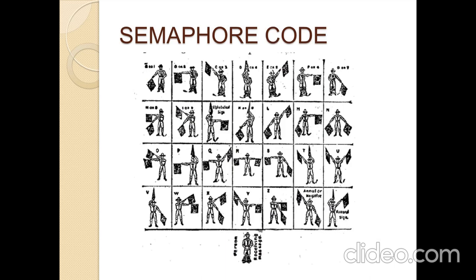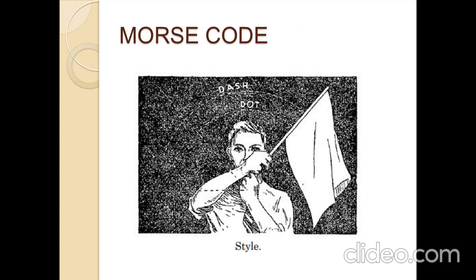For each and every alphabetic letter, there is a sign code. You can see in this picture. In order to show the letter A, 45 degree, for B, right angle, for C and for D likewise. But it is not in use, so I am not explaining this in detail. Let us move on to the Morse code.